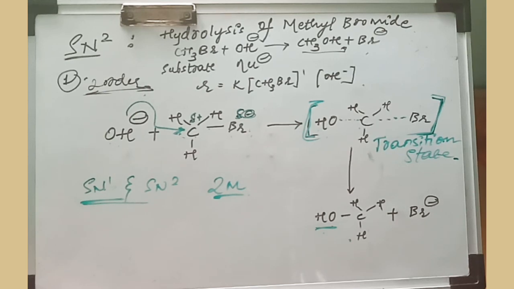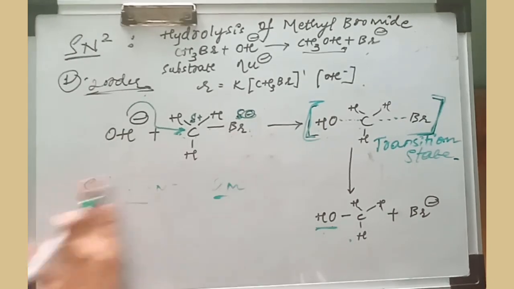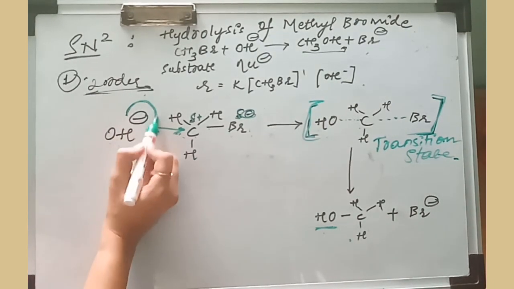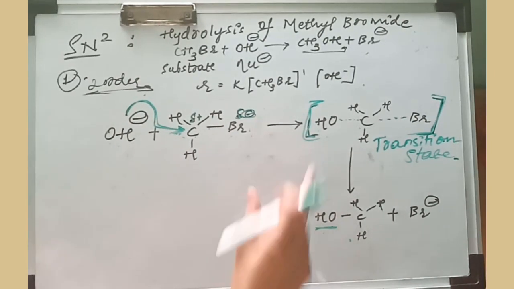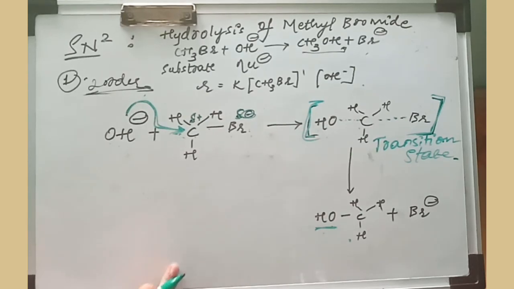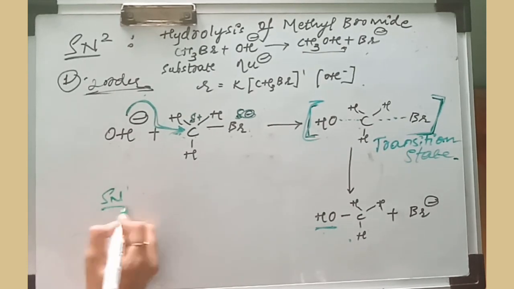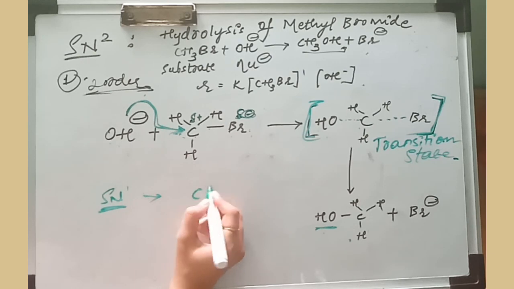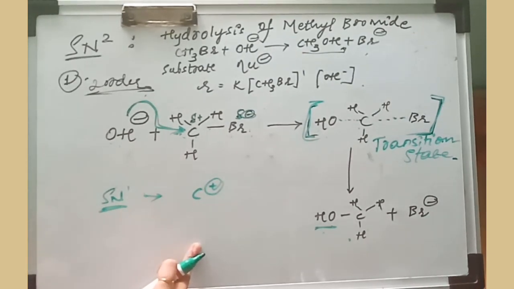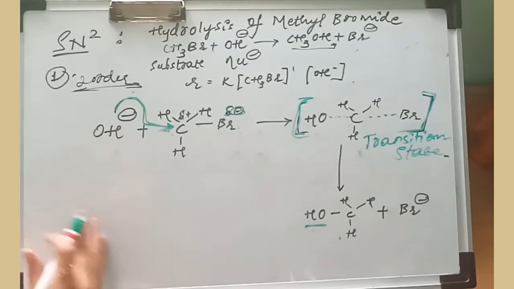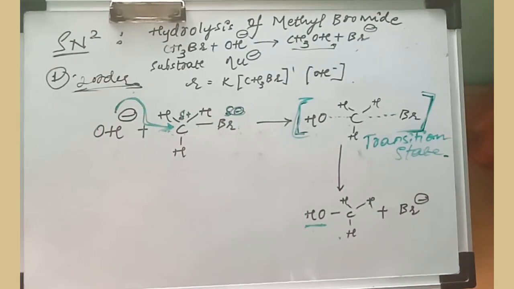Sometimes they may give you other questions along with this, like what is the molecularity or what is the order for SN1 and SN2. So make sure while writing the mechanism you clearly show the arrow, then the transition state, and then the product for the SN2. For the SN1, what you have to keep in mind is writing the positive charge on the carbon. Okay, don't make that mistake. And also remember the reactivity for the different degrees of alkyl halides: tertiary, secondary and then primary.